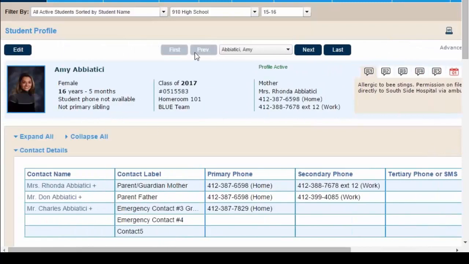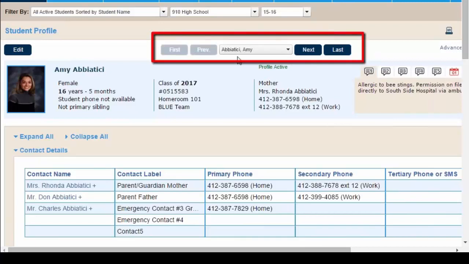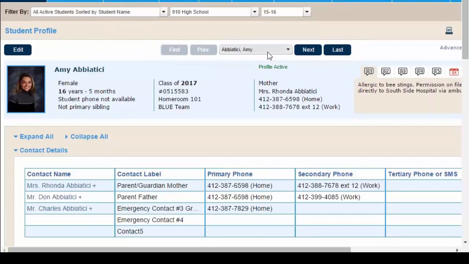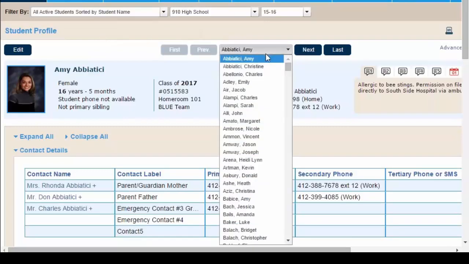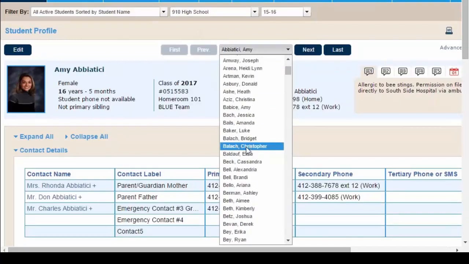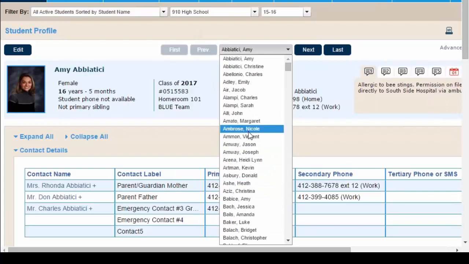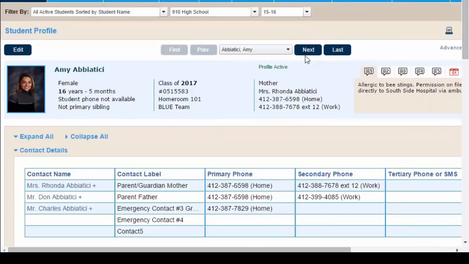Above here, we have the ability to go through different students and search for any student in particular. The first 2 icons, first and previous, are inactive right now because we are in the first student within our active filter. If we wanted to, we can open up a drop-down here, and sorted by our filter, we can choose which student we'd want to go to from this drop-down. Next, we would go to the next record within the filter,